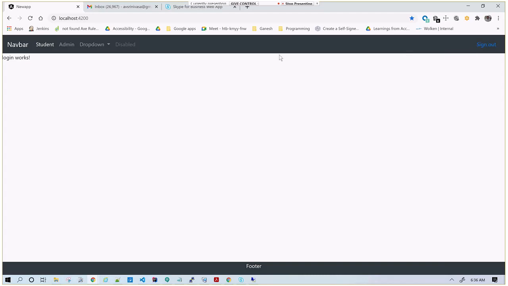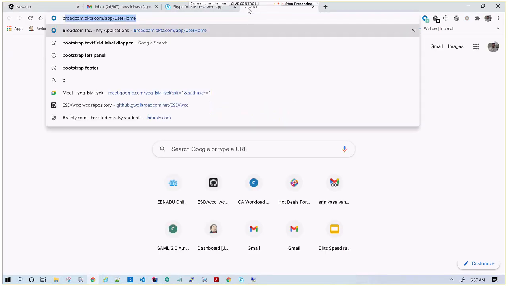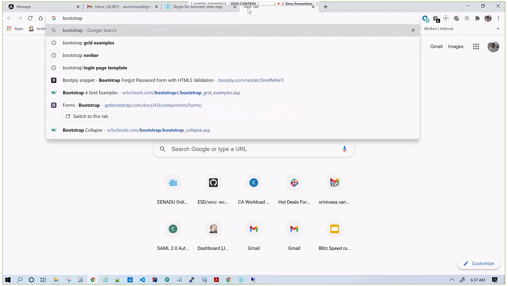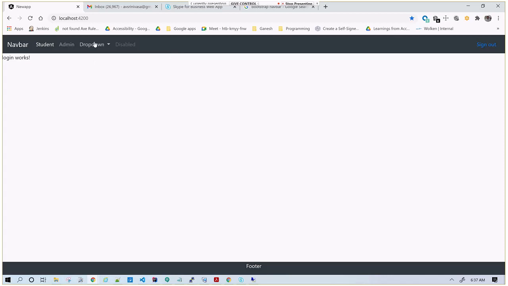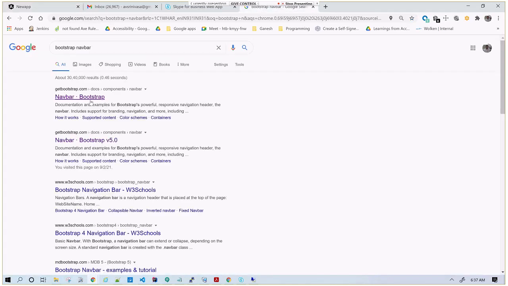So what I did is, a similar thing we'll implement in our sample app. I have searched for Bootstrap navigation bar. This is a navigation bar, and it has these options. So what I did is I went here.